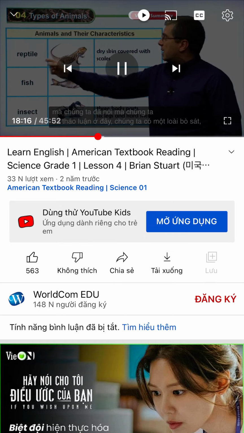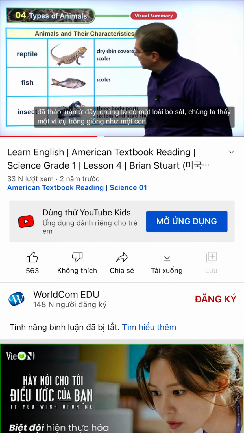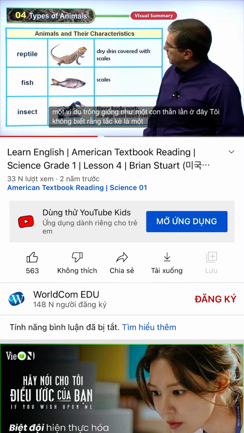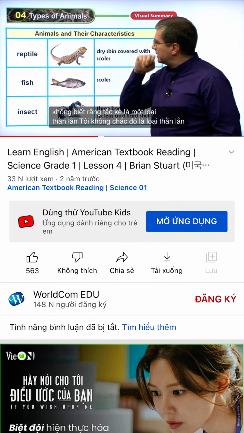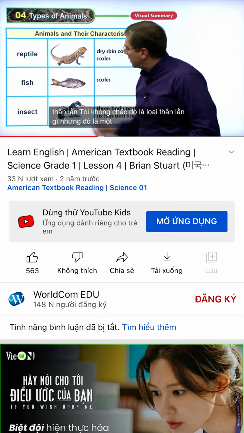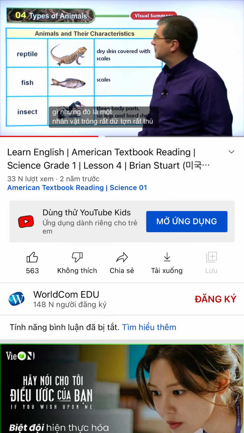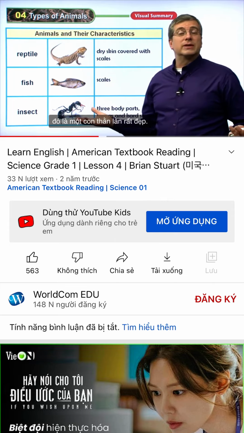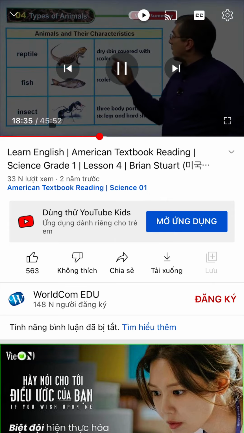Here we have a reptile. We see an example. Looks like a lizard here. I don't know, is that a gecko, a type of lizard? I'm not sure what type of lizard that is, but it's an interesting, very fierce looking character, isn't it? It's a nice lizard there. What is the unique characteristic of reptiles? Reptiles have dry